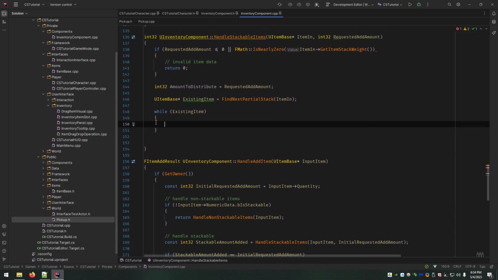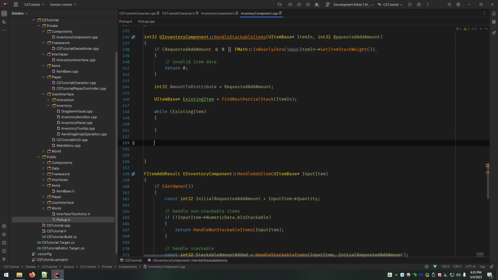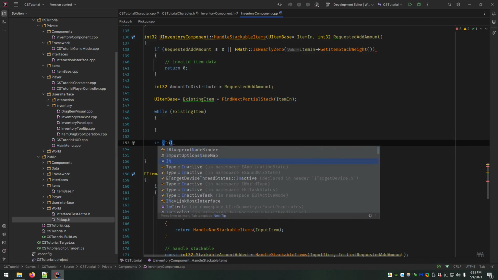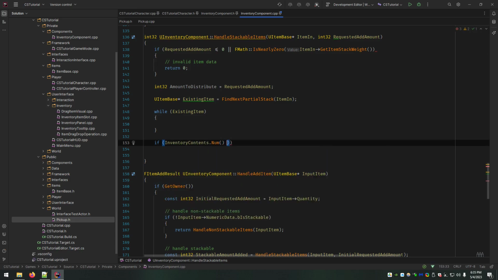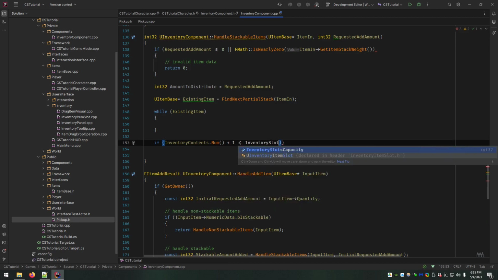So the body of the while loop is going to handle iterating over existing items and distributing the amount. Now underneath the while loop, there will be another condition: if inventory contents.num plus 1 is less than or equal to slots capacity.